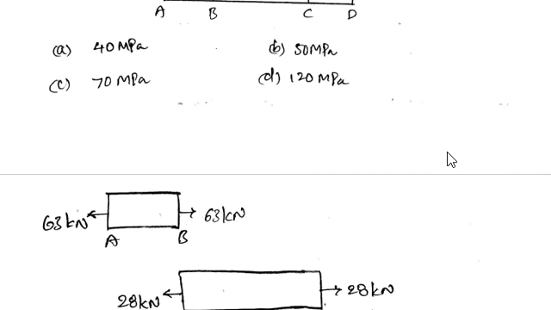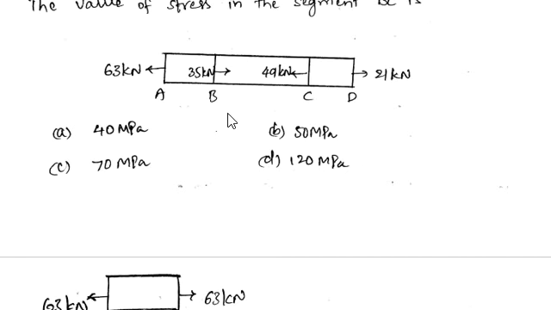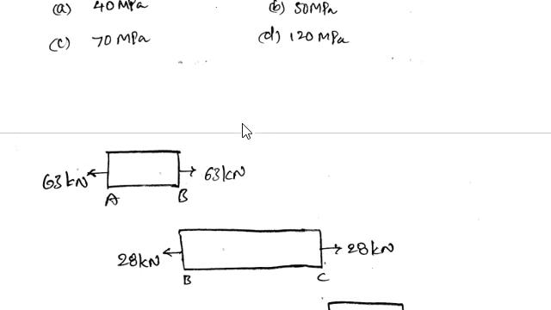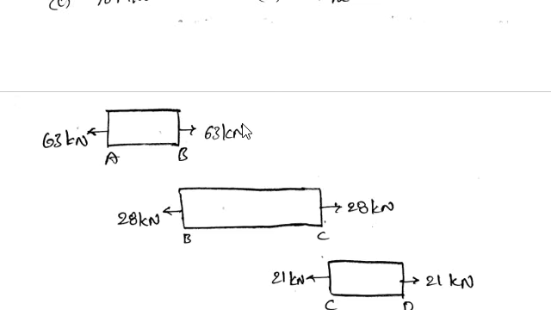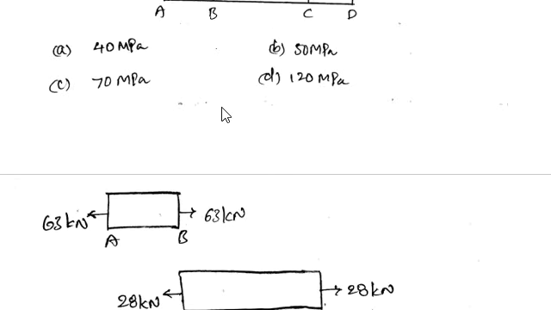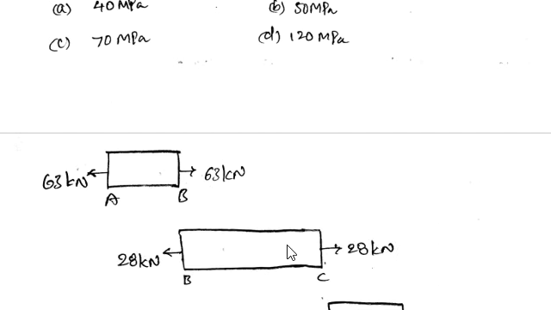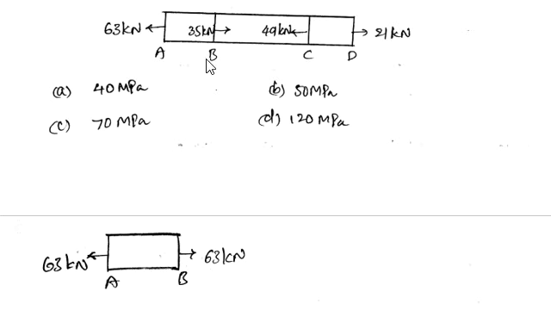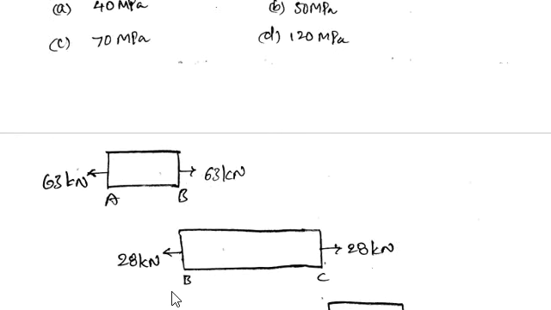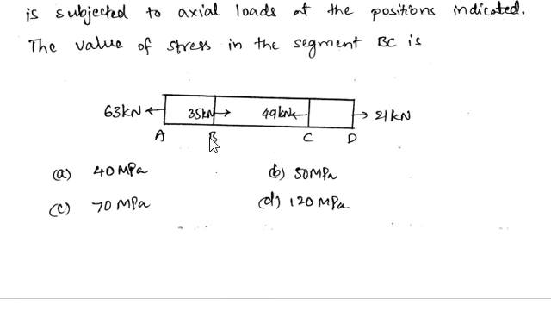As I told in the previous question, first of all you have to draw individual segments, and you have to indicate the loads for individual segments or sections. So for segment AB, the individual load will be 63 kilonewtons. To get the load at section B for segment BC, if it is 63, to get 35, there should be 28 kilonewtons towards left. Suppose this is towards right, then there should be 28 kilonewtons towards left, such that when you join these two again, at the common section B you get 35 kilonewtons towards right.